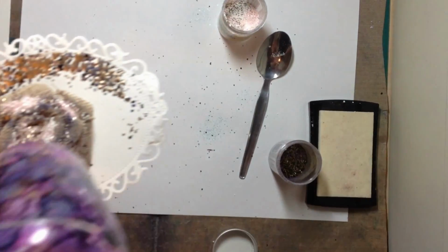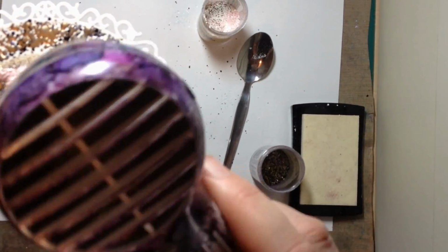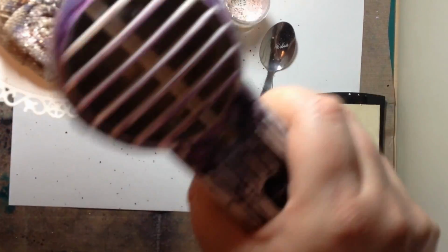One other tip from Sandy is to make sure you put your lids back on your pots, because I think she's knocked them over twice. There are some heat tools out there where you can actually have this at a distance so you don't burn your hands. Might be advisable, but